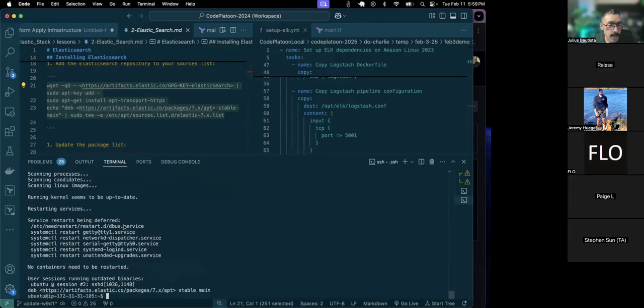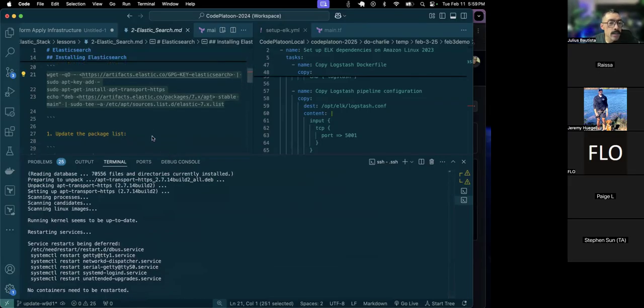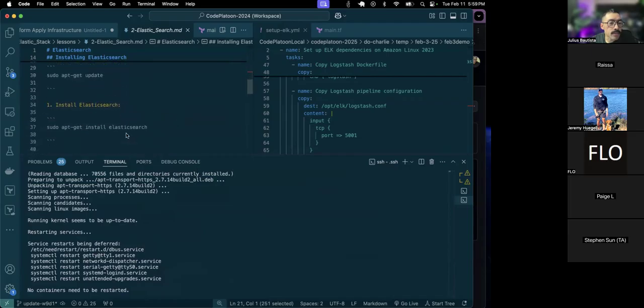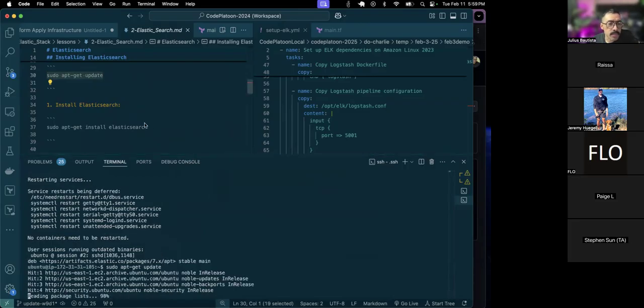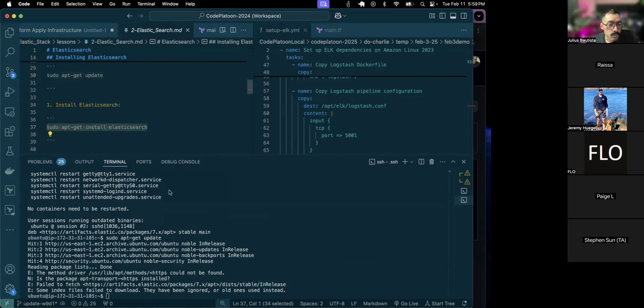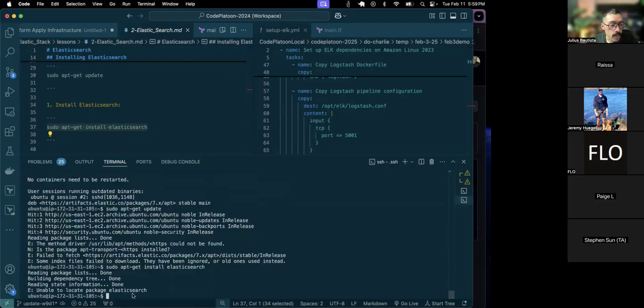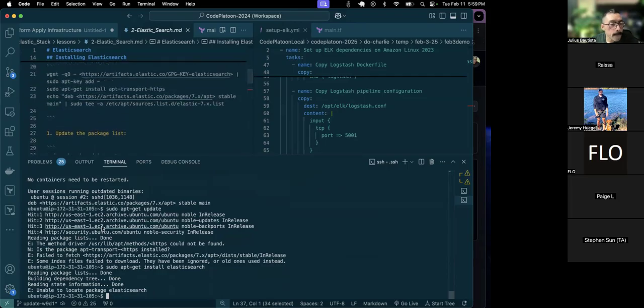Cool. Looks like that succeeded, no errors. And another update because it's asking us to. And let's see if this installs. Unable to locate package elasticsearch. Okay. All right. Let's see. This